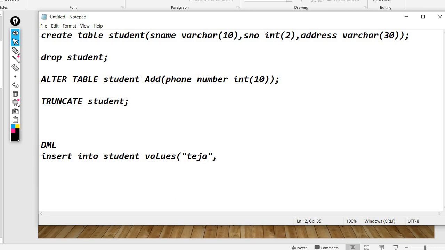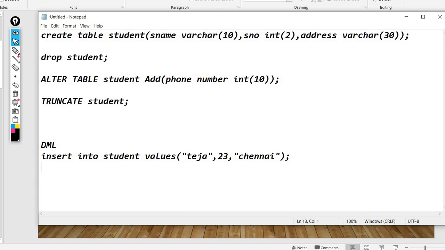And I'm going to give a number for that, so I've given 23, comma, and then the address, so it may be Chennai. So I'm going to close it, semicolon. So this is how you can insert into student values.